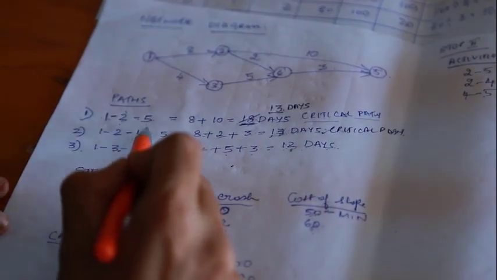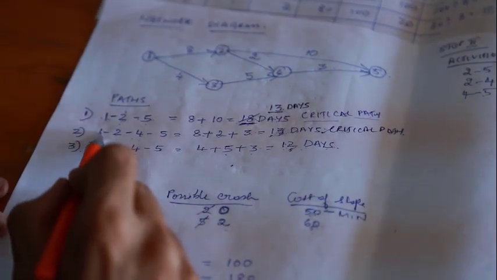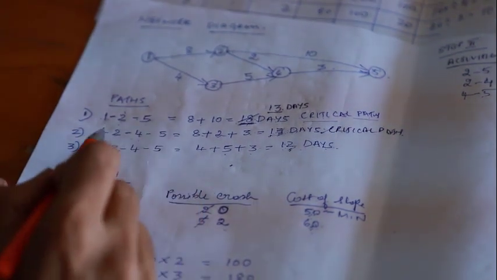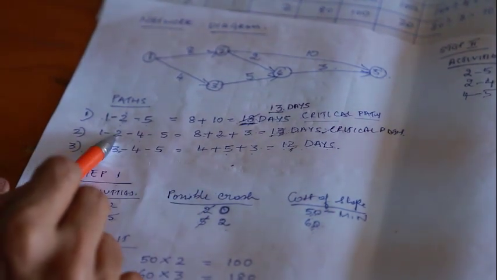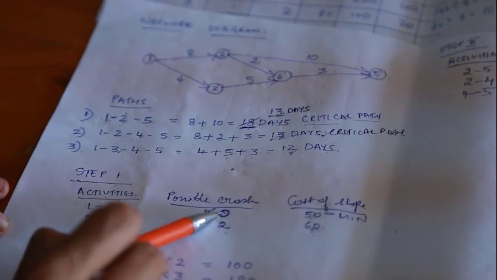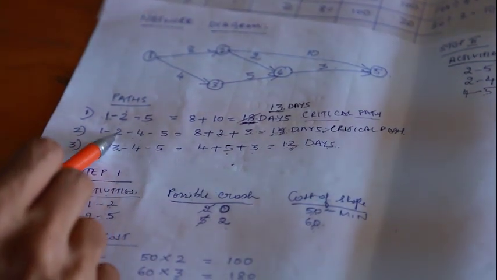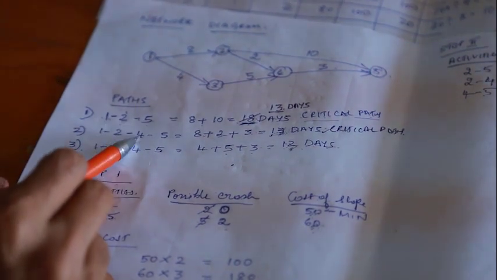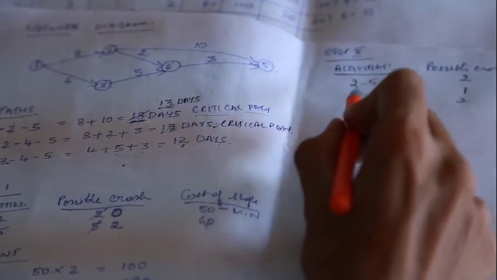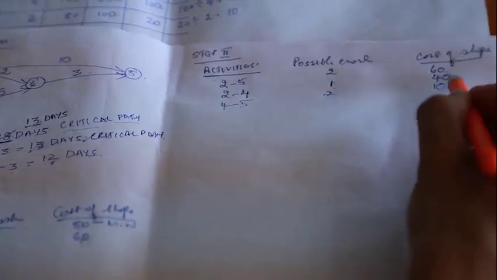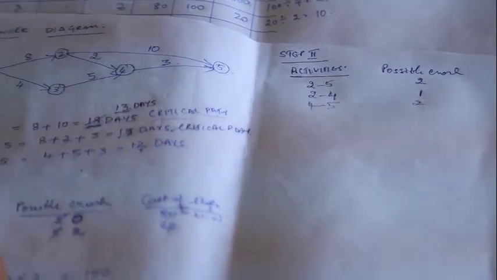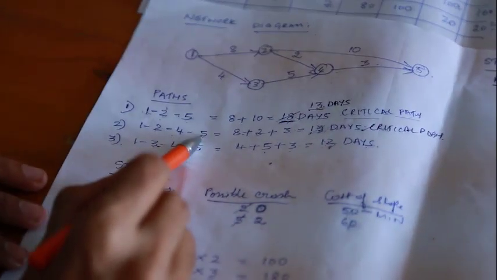Any one of the activities to be crashed, either it is 1 to 2 or 2 to 4 or 4 to 5. 1 to 2 cannot be crashed because it has got 0 possible crash. Next possible activity we have is 2 to 4, which has got 40 as its cost of slope. Next activity is activity 4 to 5,